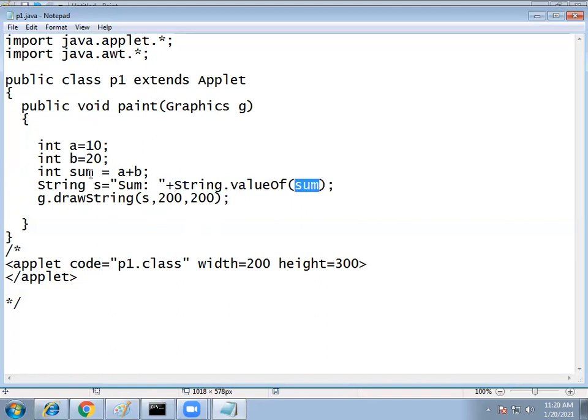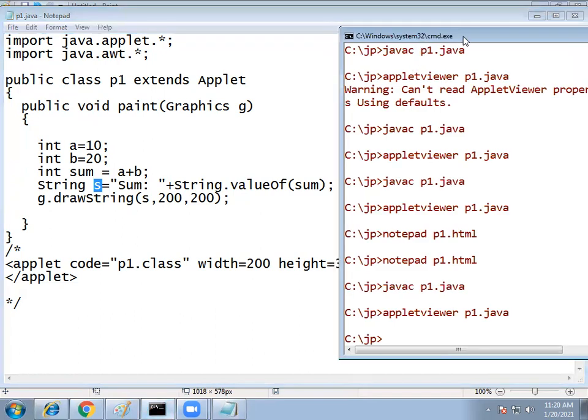This sum is an integer type variable, and it is converted into a string using the valueOf method, and it is assigned to s. Now s consists of "sum:" and this sum, that is 30. Now the 30 will be printed.